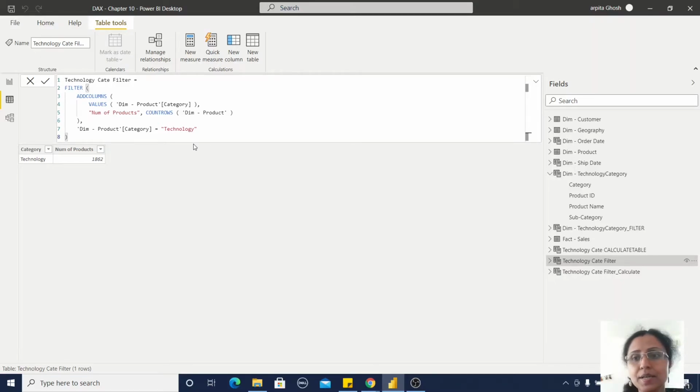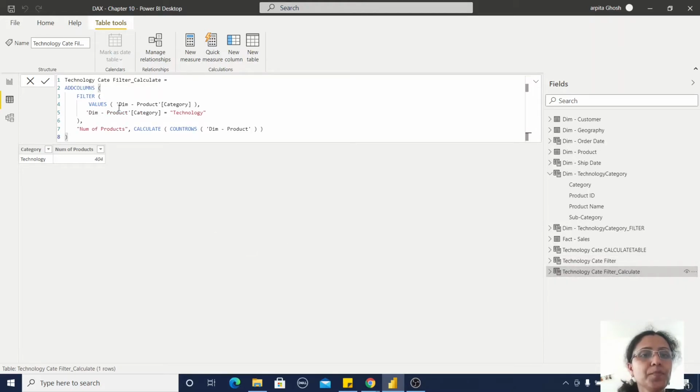Okay, but how will I solve this problem using the FILTER function? There is a way. If I click on this, you can observe here I have used the CALCULATE function, and earlier the FILTER function was before the ADDCOLUMNS function. Within the FILTER function we were defining ADDCOLUMNS, but you have to change the order.